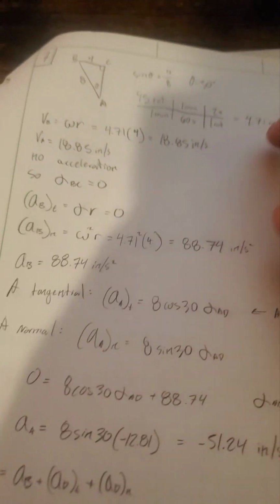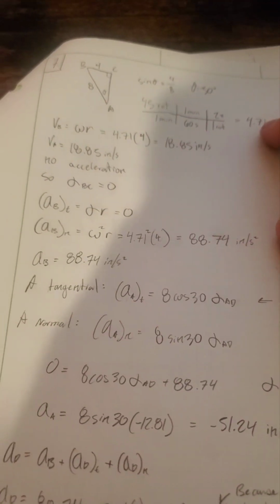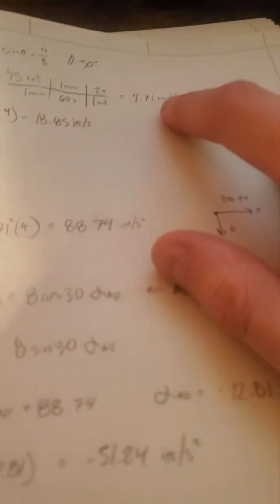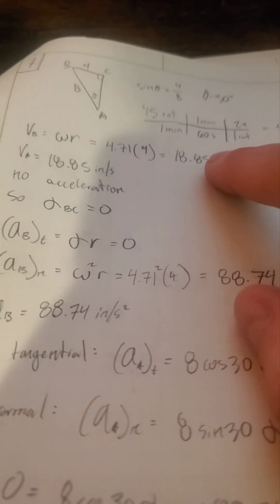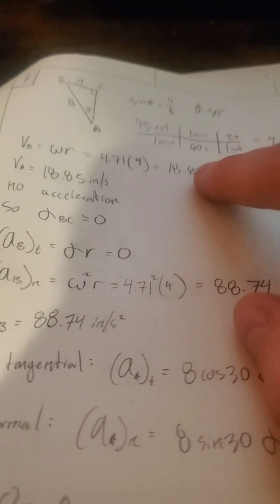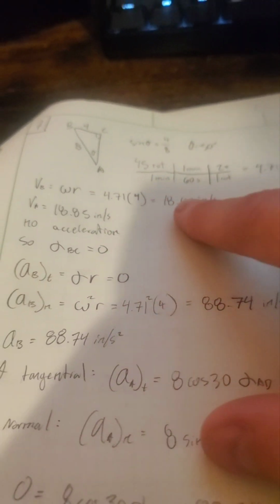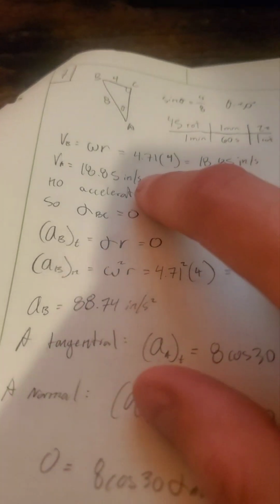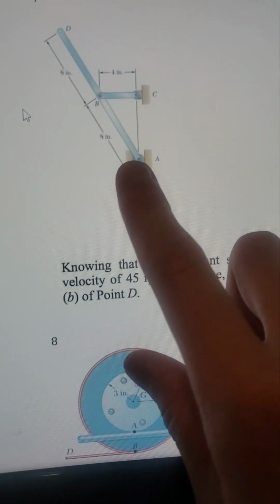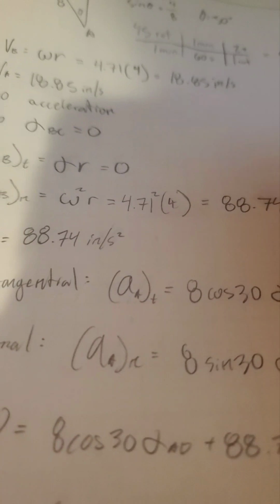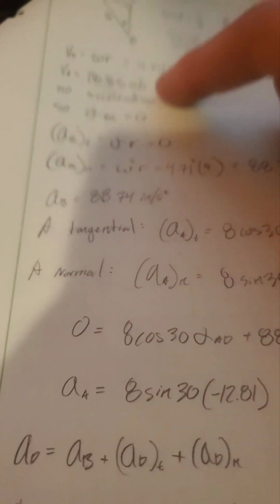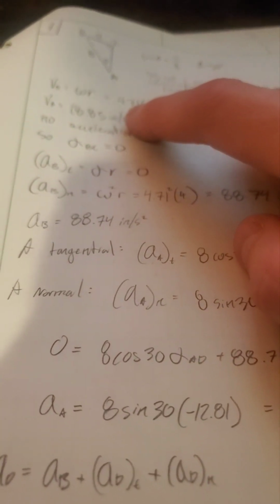So because of that, we can just convert the rotational velocity of BC into rads a second. And we know that VB is fixed, so you can actually find the velocity that way, just using the distance and the angular velocity we saw earlier. And the point at VA is actually going to be the exact same because it's connected. I mean, the bar is not changing size, so it's not going to be accelerating. It's just going to have that velocity that it has, and that's only going to be in the y direction,